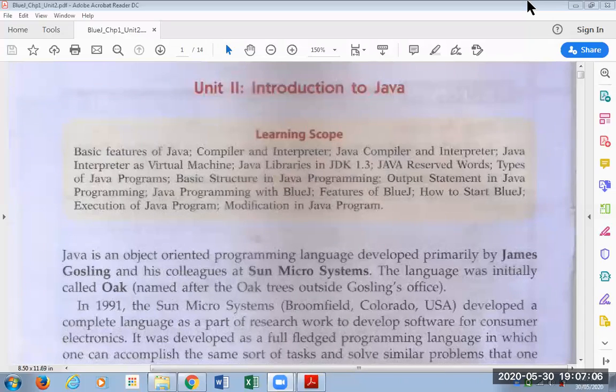We go ahead with the concepts today. Shrutika, have you done your homework? Okay, we'll go ahead. We'll start with the concepts today.